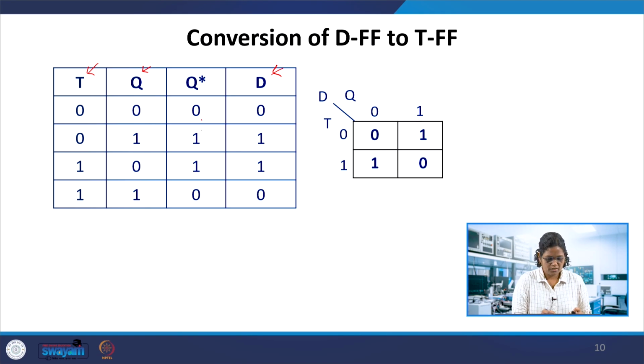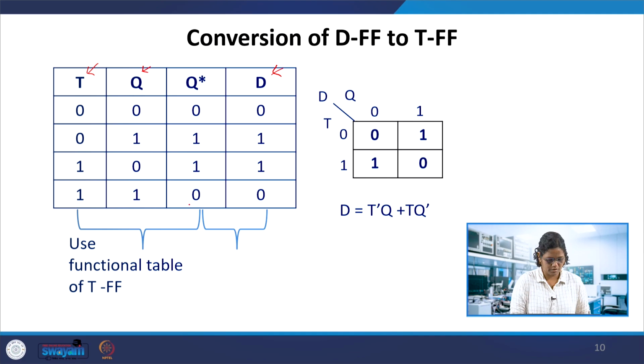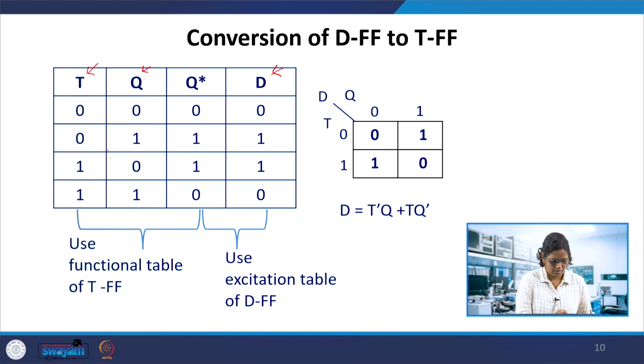So what is the next state of this, using T here? Let's say this is T. Use the functional table of the T flip-flop. For the T flip-flop, the next state is 0 here because this is 0. T is 0, and the next state also doesn't change; it just maintains the previous state. So when T is 1, this is getting complemented, and when T is 1, this is getting complemented. So this is using the functional table of the T flip-flop.